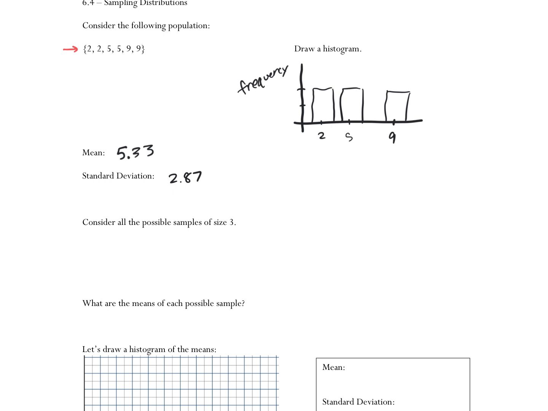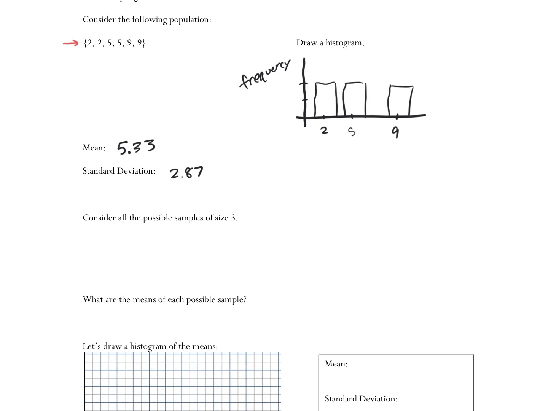All right, for this next part. Now imagine I take like a hat. I put the number 2 on a piece of paper, throw it in my hat: 2 number 2s, 2 number 5s, 2 number 9s, right? There's only 6 elements in my population. I could throw them in a hat and randomly select out 3 numbers. Is everybody good? Okay. If I'm randomly selecting out 3 numbers, what is one possible sample?